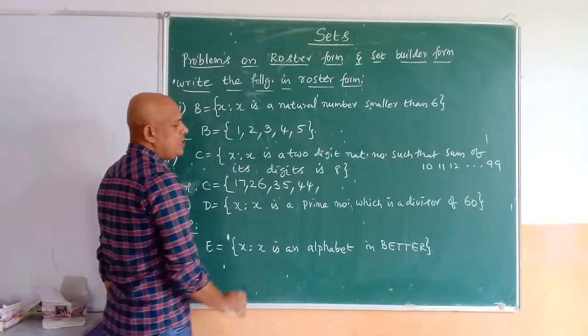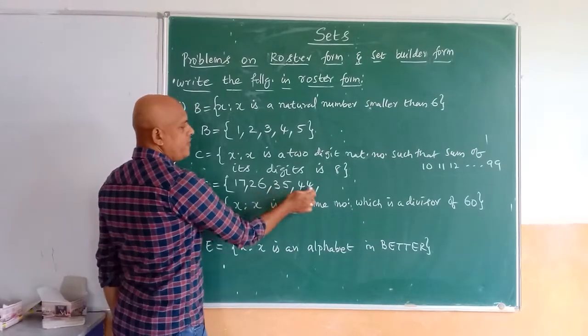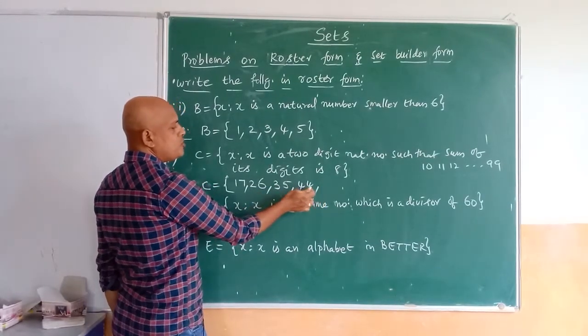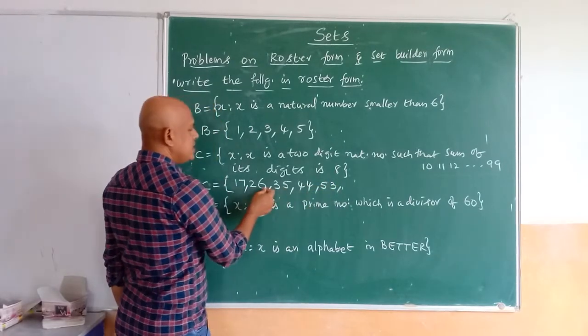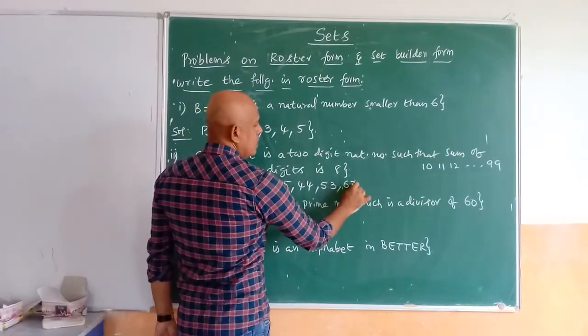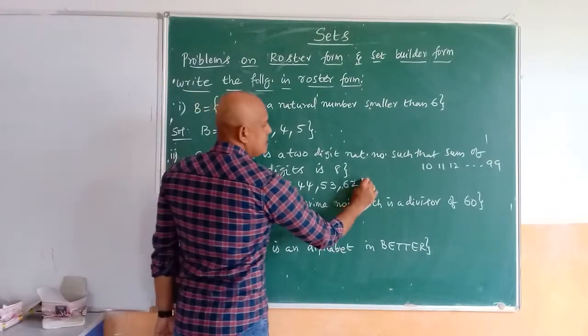4 plus 4 is equal to 8. And again reverse it. If we reverse it again you get 44. The element should not be repeated. Next what here? 53. And next reverse it here 62. And again next reverse it here 71.